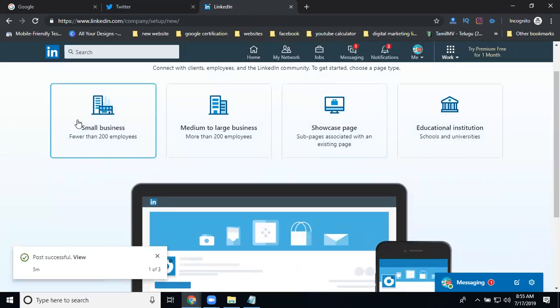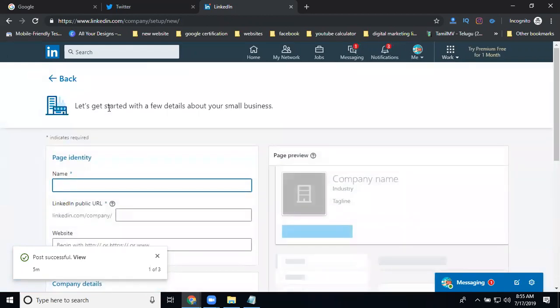Here, three things are there: small, medium, large, showcase, and education and institutions. Suppose you go to small or medium to large. After selecting small, you can convert into medium to large also. I'm selecting small. My industry will be small. Now I'm selecting my company page